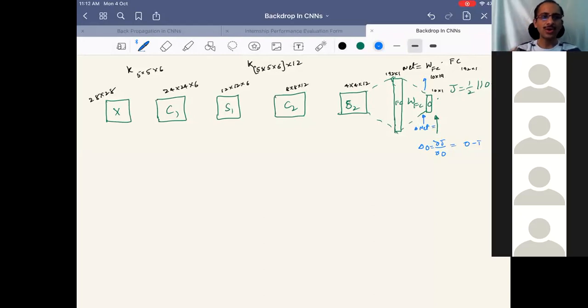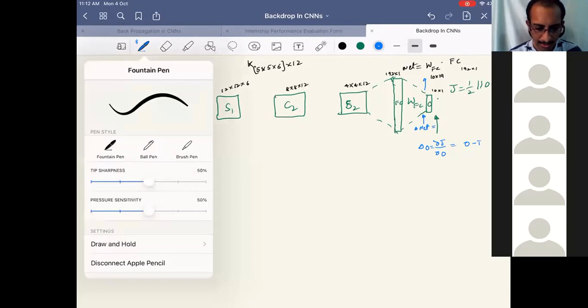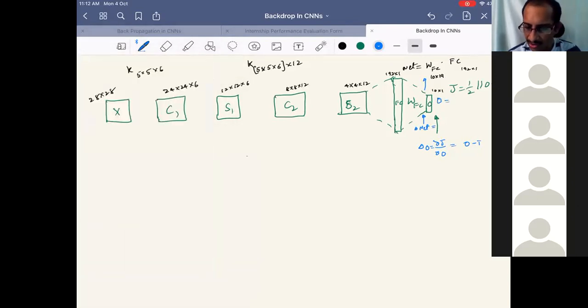Tell quickly, whichever you know. Because net is given by WFC into FC. Okay, what is delta net now? As we have seen before, when we do back propagation, what will happen here? Sorry, O we need to write, right? So in the forward propagation, O is equal to F of net. Okay, and then net equal to this. So now what is delta net?